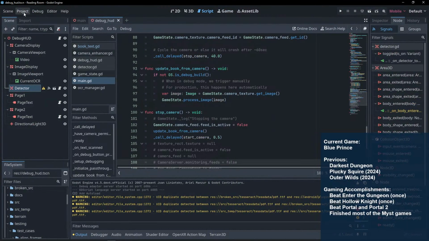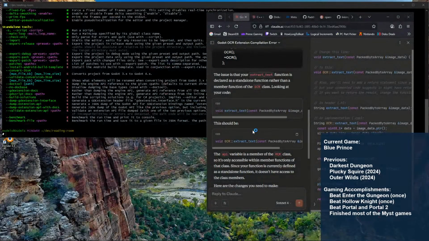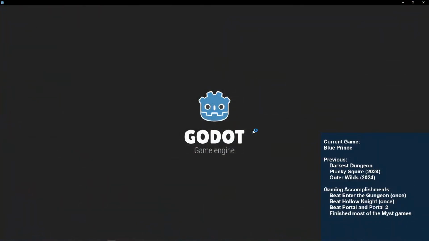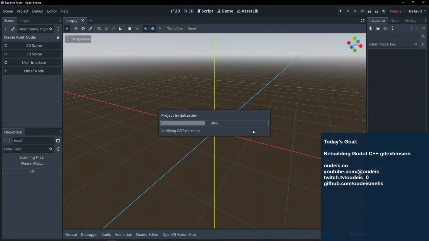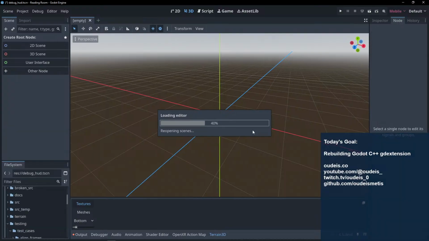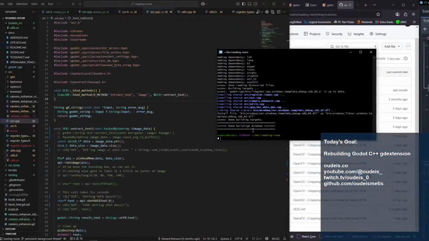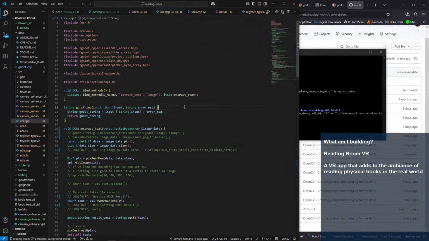Let's save and let's reload. And that didn't work. Awesome.